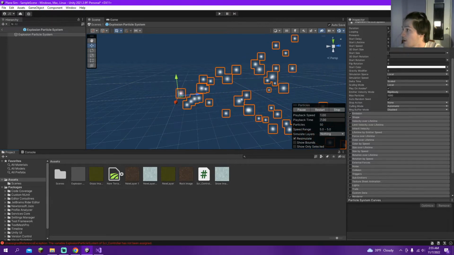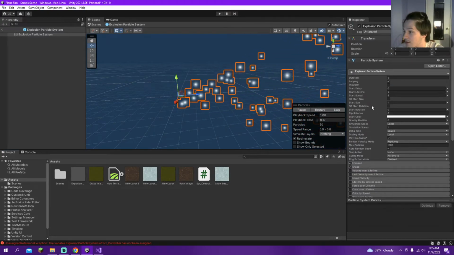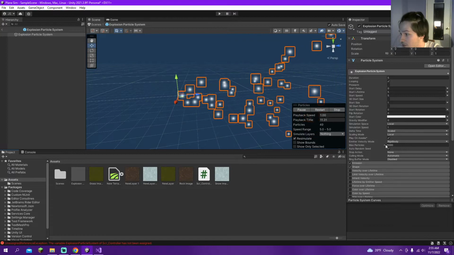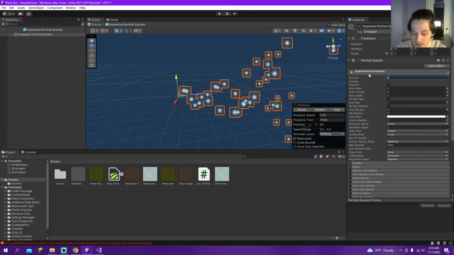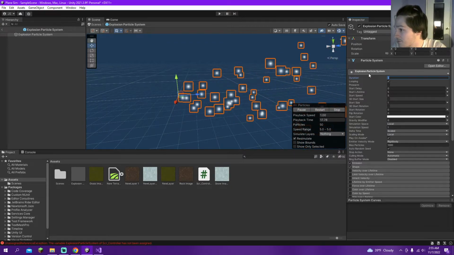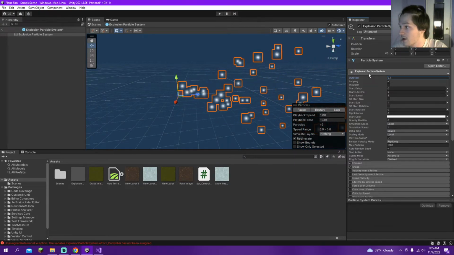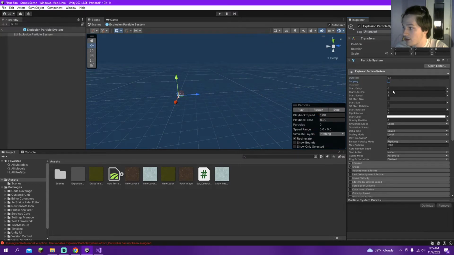Okay, so I don't want to waste all your time running through these because we talked about them in the last tutorial. So I'm just going to go ahead and set them to numbers that I know are pretty good. Duration 0.1, no looping, start lifetime 40 is pretty good,